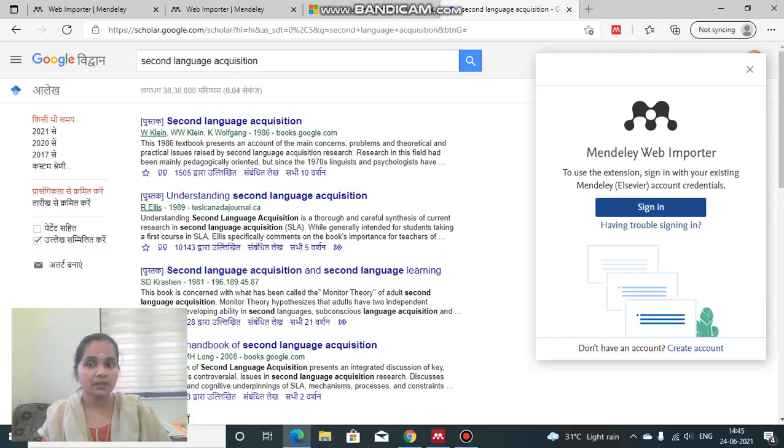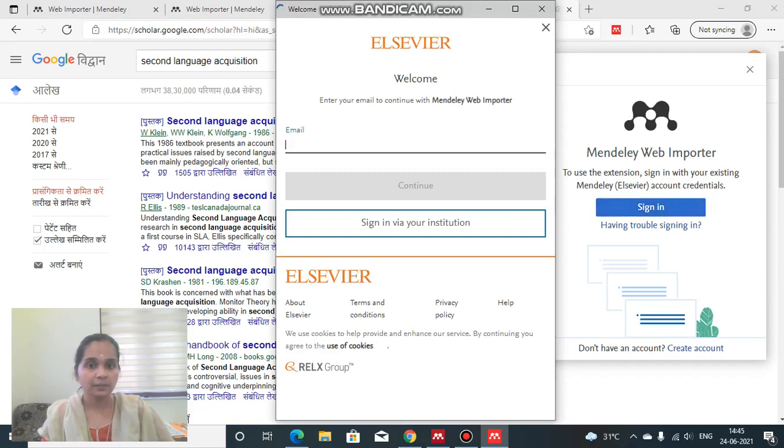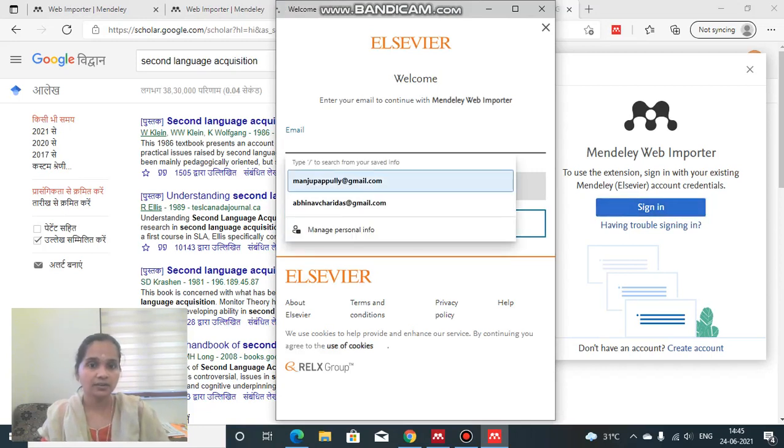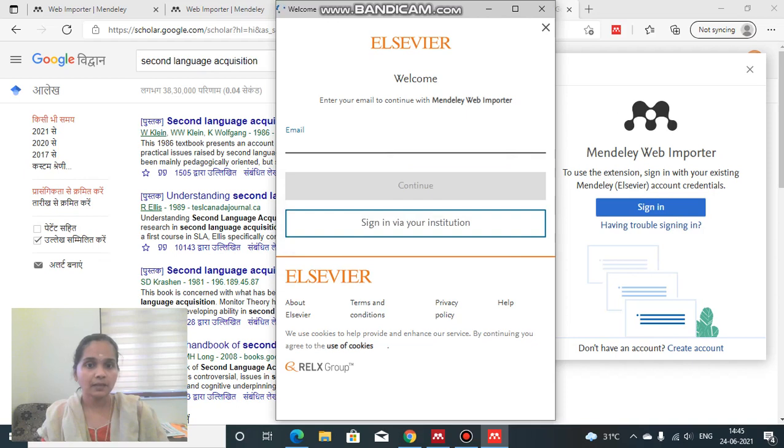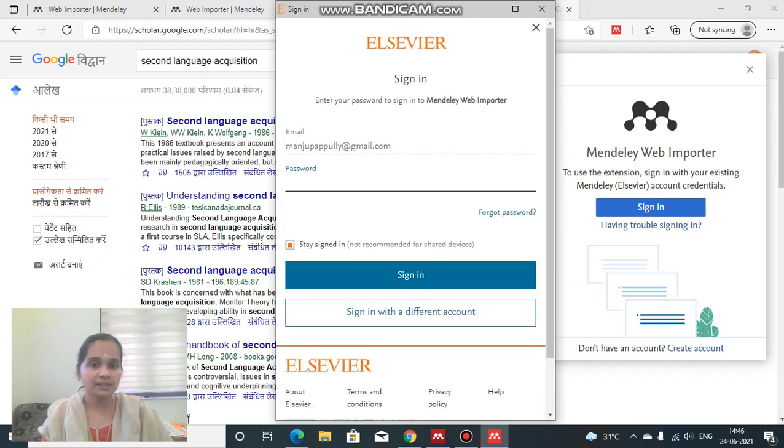Again, I have to sign in here. You have to sign in using the account you have created in Mendeley Desktop. At first you need to sign in with the same mail ID and your password. Here they have asked only for the mail ID, and here they are asking for the password.